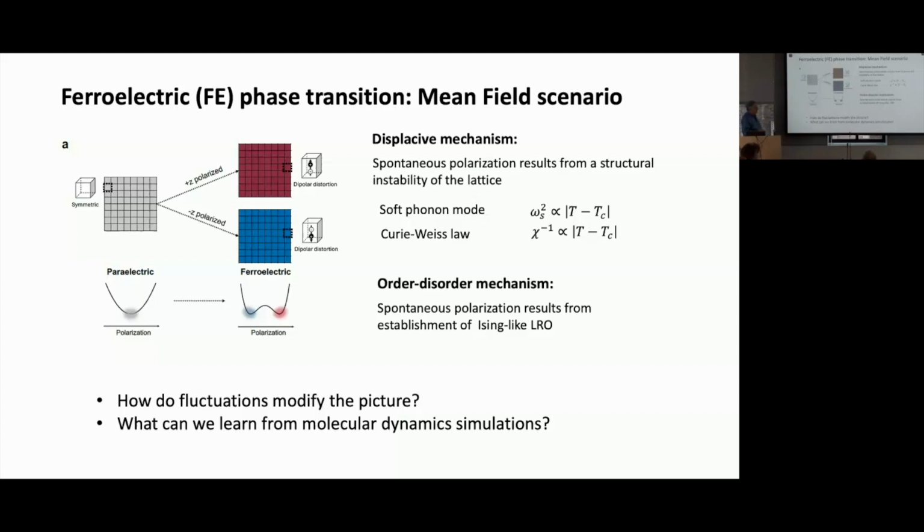In the high temperature paraelectric phase, the free energy as a function of the order parameter shows a minimum at the symmetric structure, but by lowering the temperature, the system develops an instability, and there is a structural transformation from cubic to a lower symmetry phase in which a dipolar moment arises, and